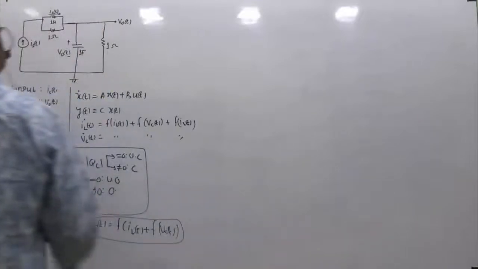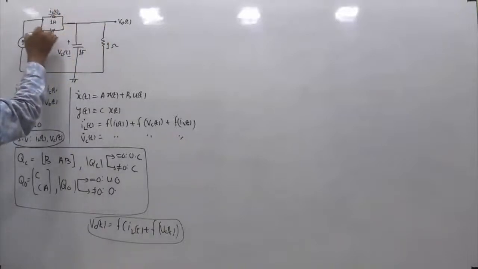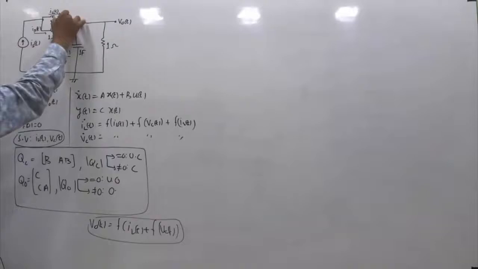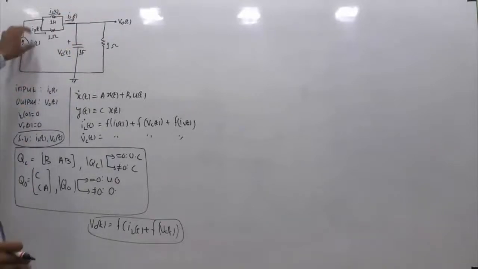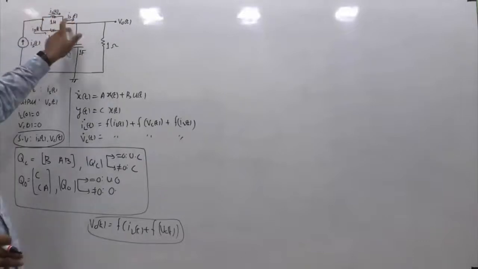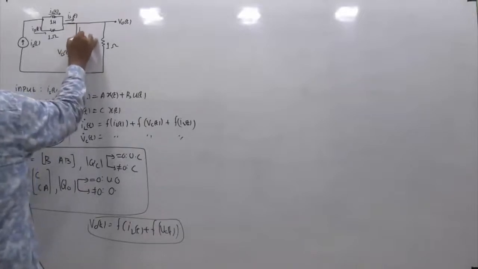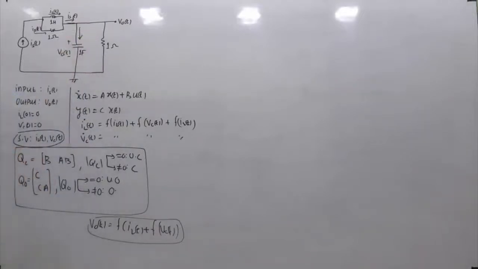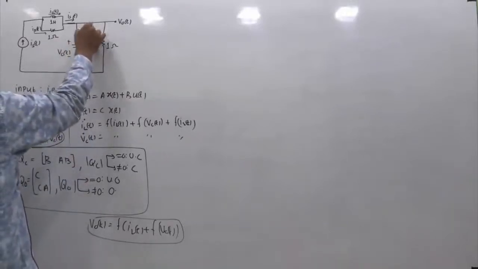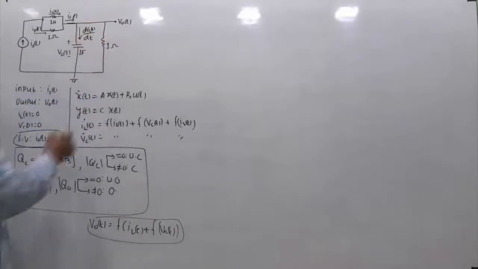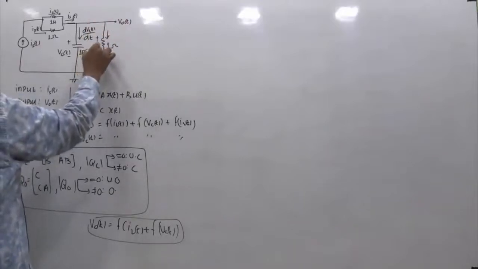Now if this current is IS(t), say this current is IR(t), you can see here this current will again be IS(t). I hope you agree, because whatever current is coming, it is getting divided and then summing up again, so this current will be IS(t). How much is this current, if I ask you? This current is the capacitor current. Capacitor current is C into dV by dt, so this will be C dVC(t) divided by dt. And if I ask you what is this current? If this is V0(t), then this branch voltage is also V0(t), right?